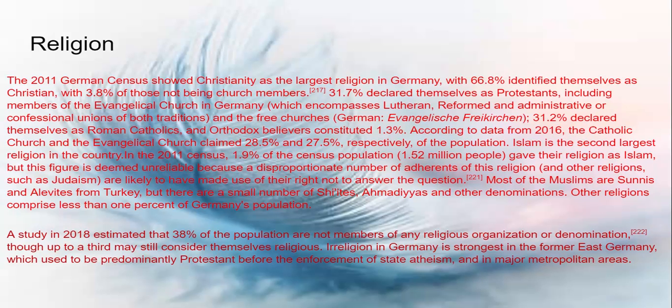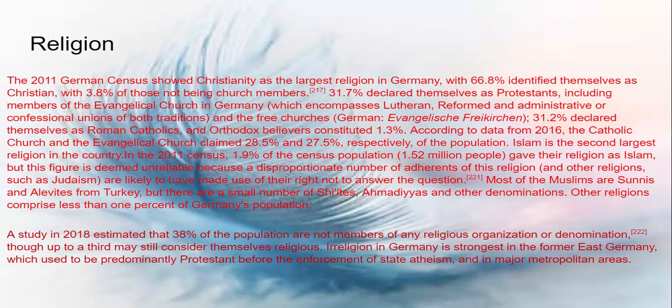Anti-Semitism, which is pretty high in mostly Arab countries and Muslim countries, I guess, but it is also particularly high in Germany. That's why a lot of people died, I guess, during WW2. It was all because of anti-Semitism, and unfortunately, anti-Semitism is rising again in the German population, but it is not as high as it once used to be, and it is lower than Islamophobia. Other religions comprise less than 1% of the German population.